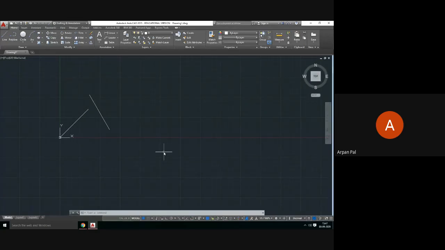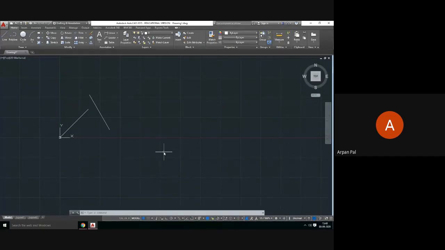Okay. And another thing I forgot to tell you is that your command box may not be visible to all of you.